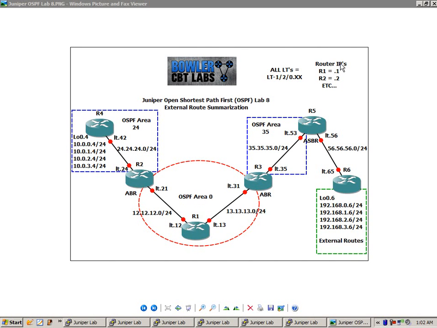The router IPs are as follows. Router 1 has the .1 on all of its interfaces. Router 2 is using the .2 and so on. As you can see off of router 6, it's using the .6, and router 4 is using the .4. All the logical tunnels are LT-120.XX. For instance, the link between